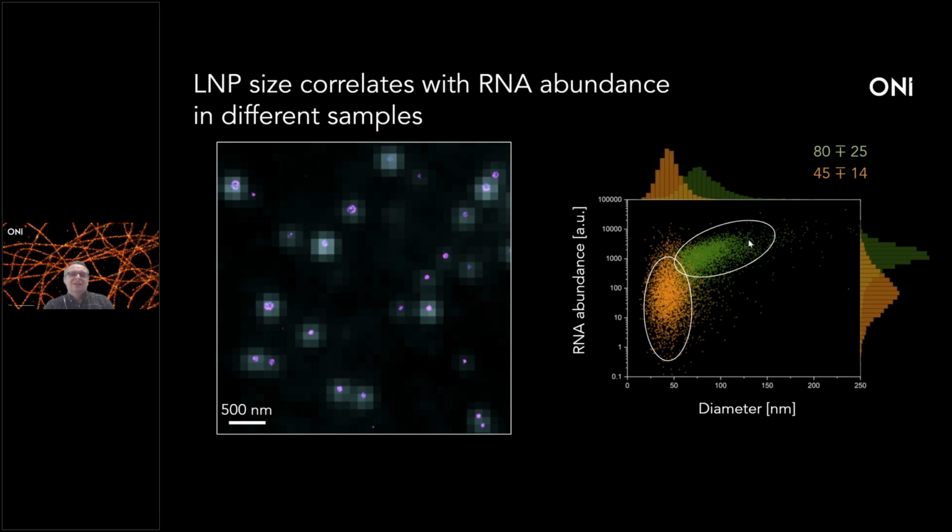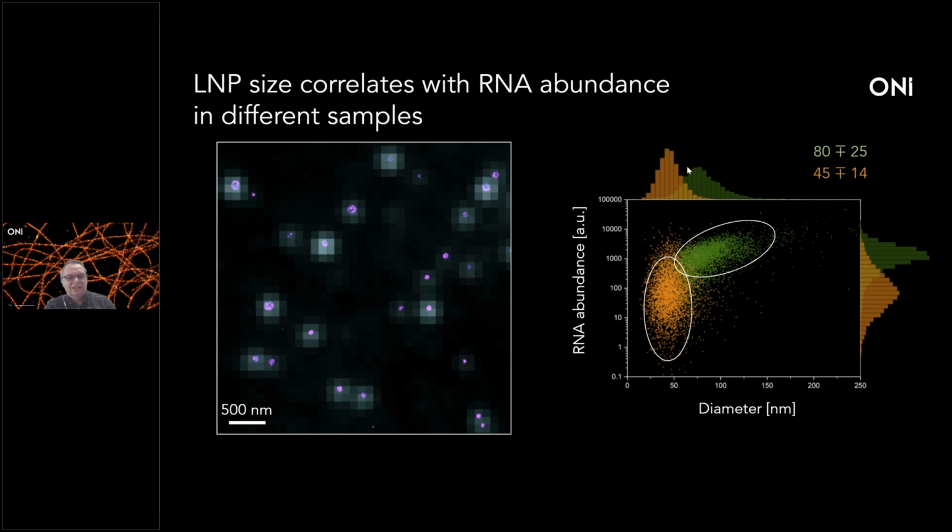And what you can see here is that if you use these two different samples, one negative for RNA and one positive, you can nicely separate these two populations from each other. You can also see that there's a nice correlation between the LNP size and RNA abundance. So this experiment shows that particles which are bigger in size are also containing RNA. And if you are using the same particles, you might observe that some of the particles which are empty, or RNA negative, are smaller compared to RNA positive. But this is an ideal scenario, when you have one particle which is bigger and RNA positive, and then you have another particle which is